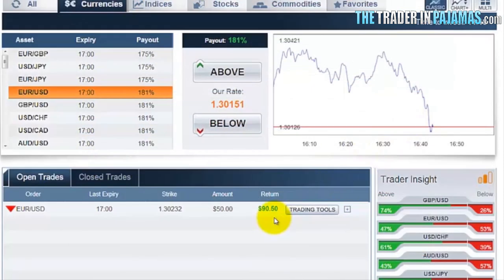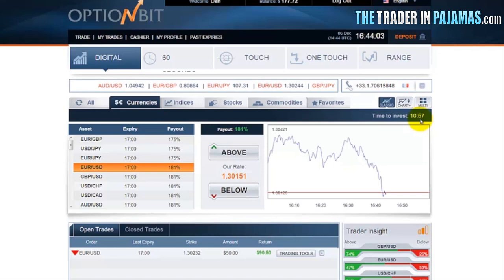So back to the $50 trade that's still wide open. Now, if it comes in, I'll make a return of $90.50, which is actually a profit of $40.50. The strike column shows the exact Euro-USD rate at the time I entered into the trade, and the last expiry column shows the exact time the trade will expire, meaning the time when I'll know whether I've won or lost the trade. Now, as you can see, this will happen at 5 p.m., which is just under 11 minutes from now,